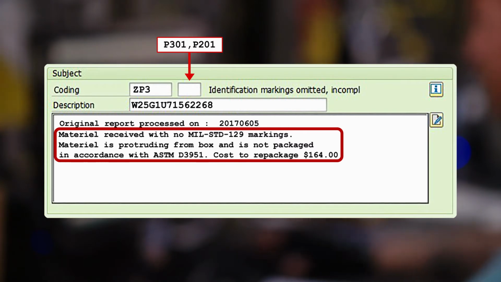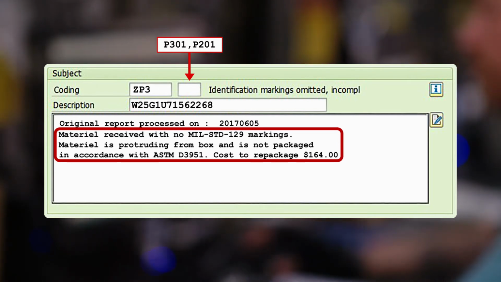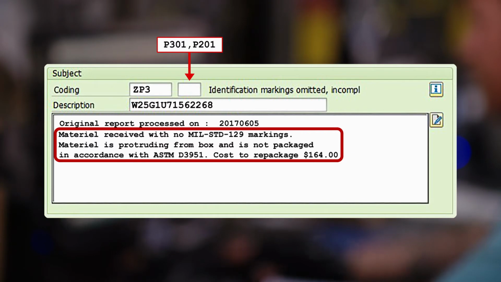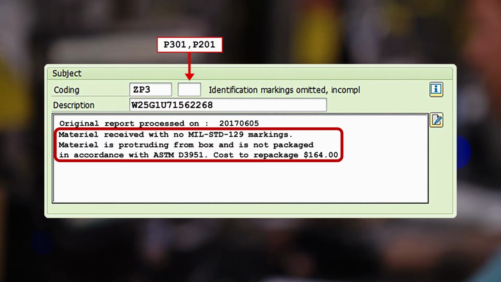Material received with no Mil-Std-129 markings. Material is protruding from box and is not packaged in accordance with ASTM D3951. Cost to repackage $164.